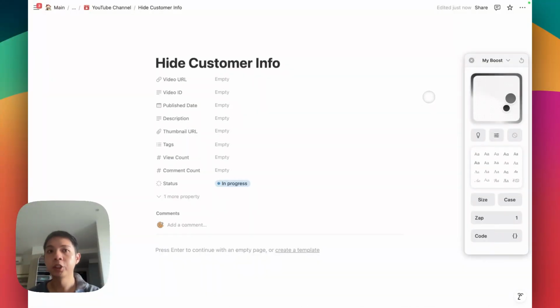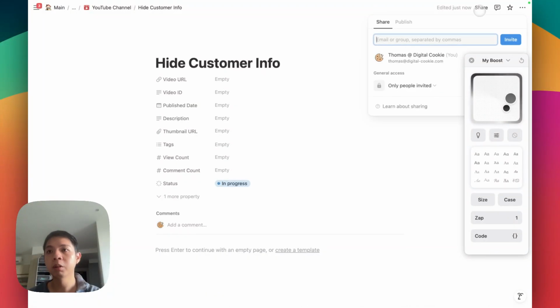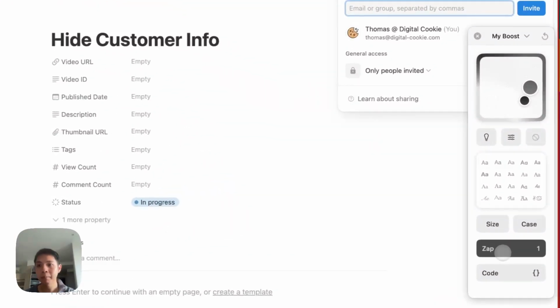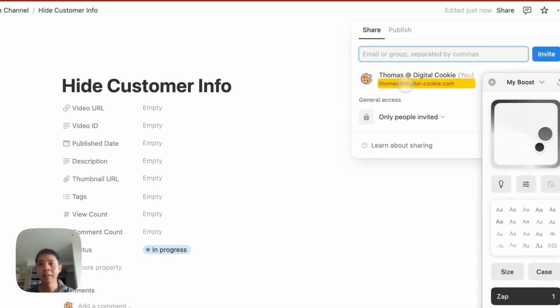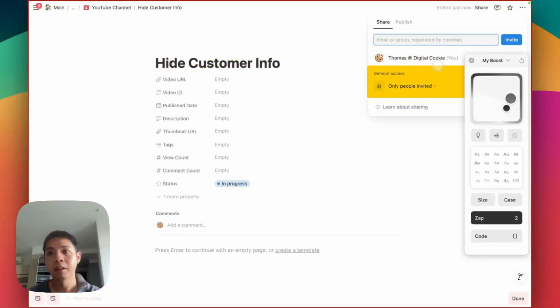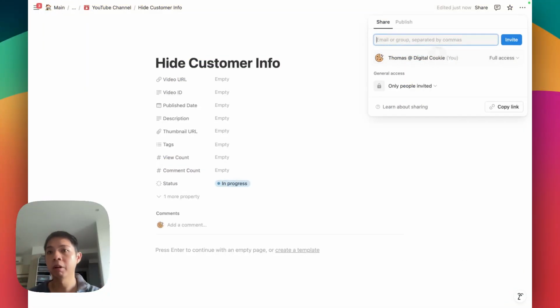So for our topic of interest today, we just want to click share, and we don't want to share the email address. You can just go to Zap and then select the email. Just make sure it's the email portion, click it, and then zap it, and that's it. It just disappeared. So every time you open your browser, next time you enter Notion, it will remain consistent